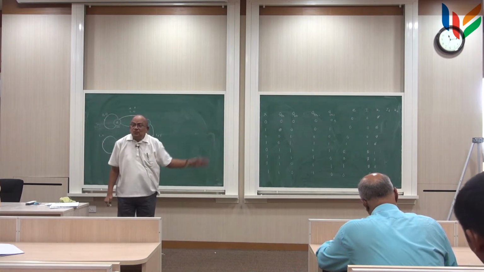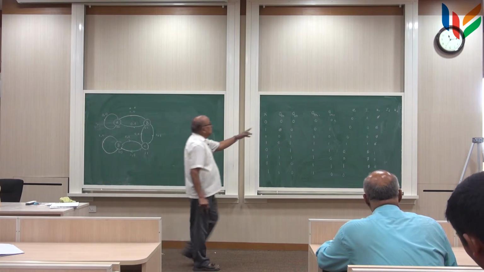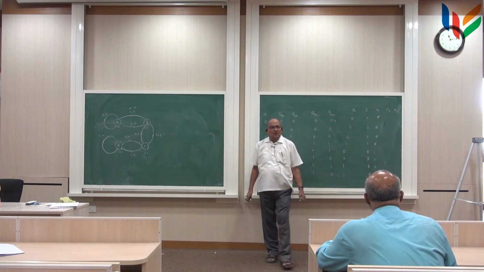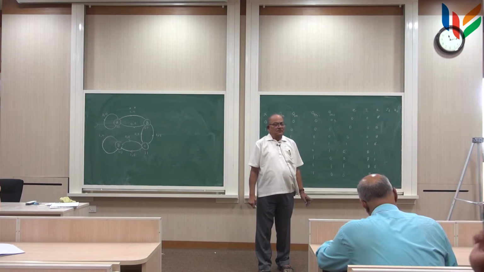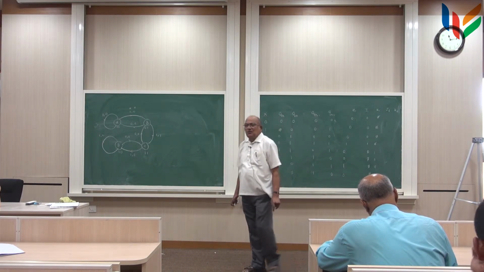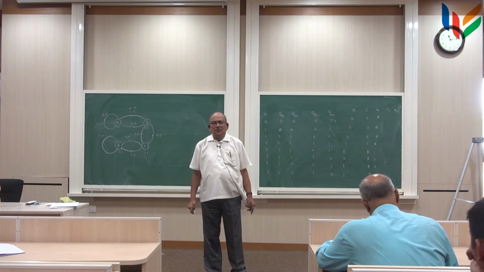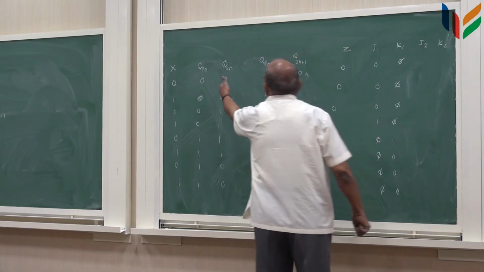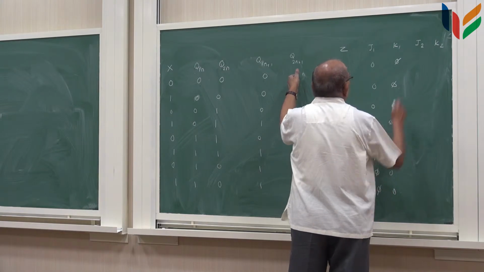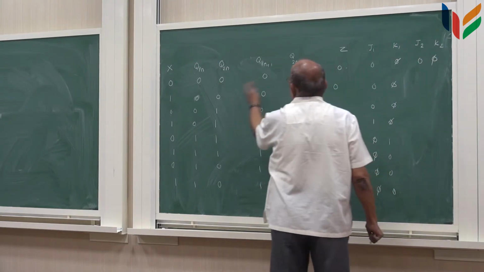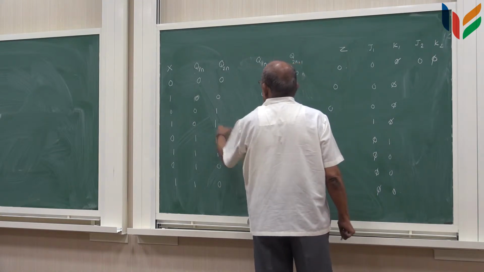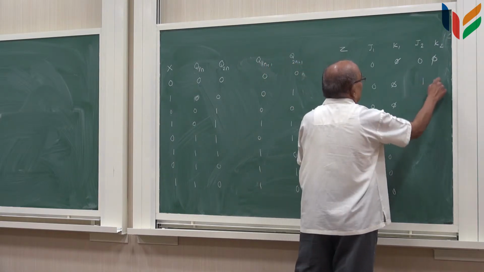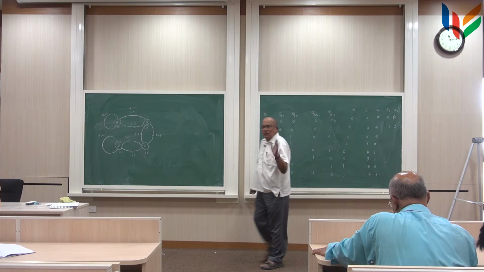You can write for J2, K2 also by looking at Q2 and Q2 n plus 1. A similar table you can write for J2, K2. Okay? So now I fill up the J2, K2 also. Looking at how Q2 n has moved to Q2 n plus 1, this also will be 0, don't care for 0 to 0, and 0 to 1 was something like this, requiring 1, don't care, and so on. So you can fill this up from the inverse table.